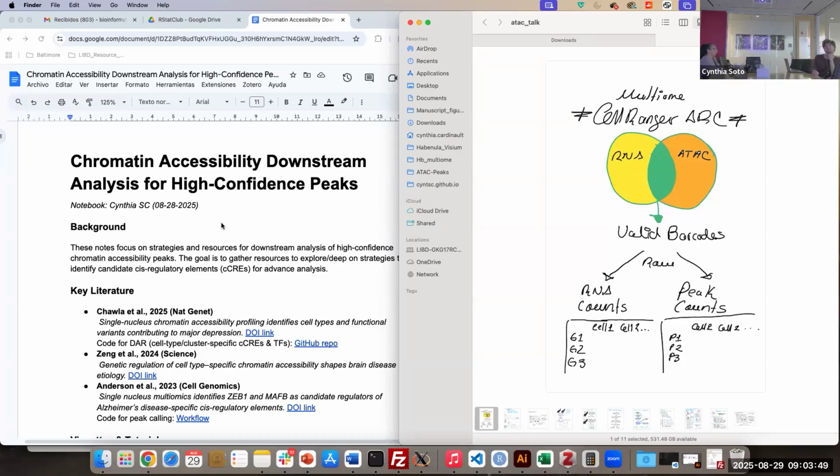Today, we are going to explore a bit about chromatin accessibility analysis to identify high confidence peaks. That is a way to say that we want to select peaks that are highly correlated with genes, so they are suitable for running different kinds of analysis. This is a core step when we have to define not only the strategy, but also the steps within the strategy to target our main goal in this kind of